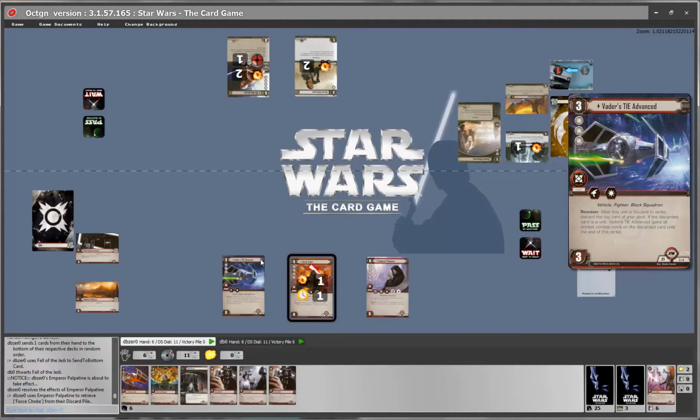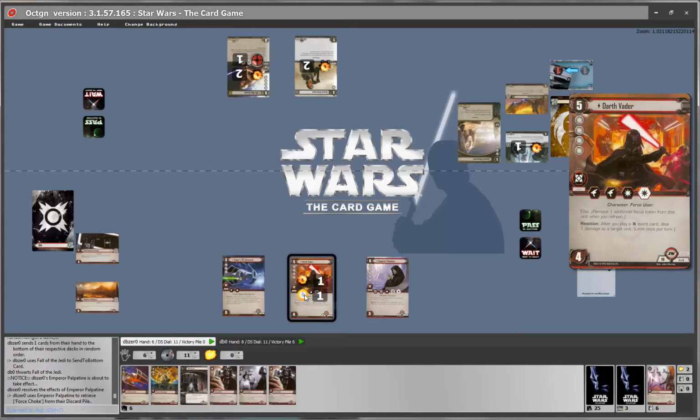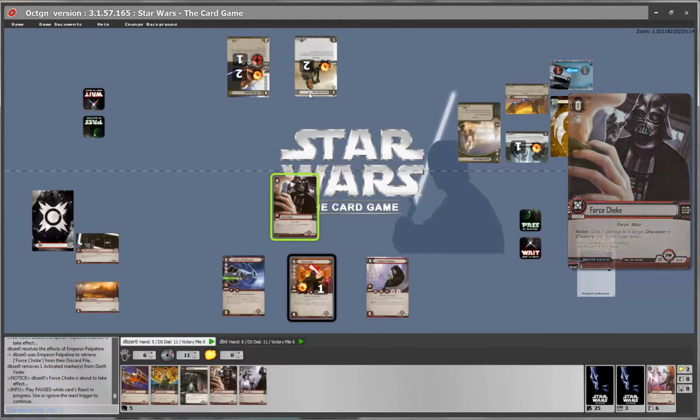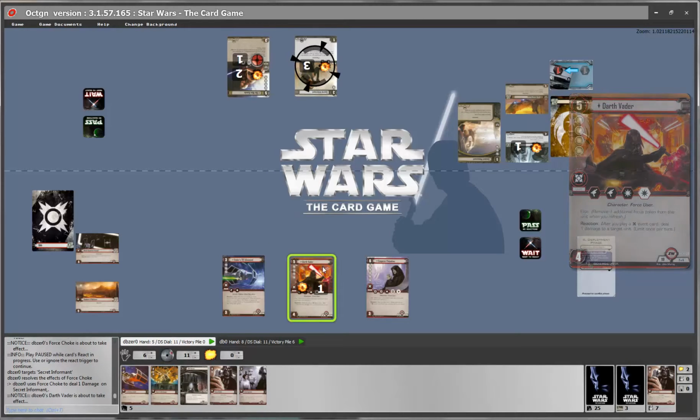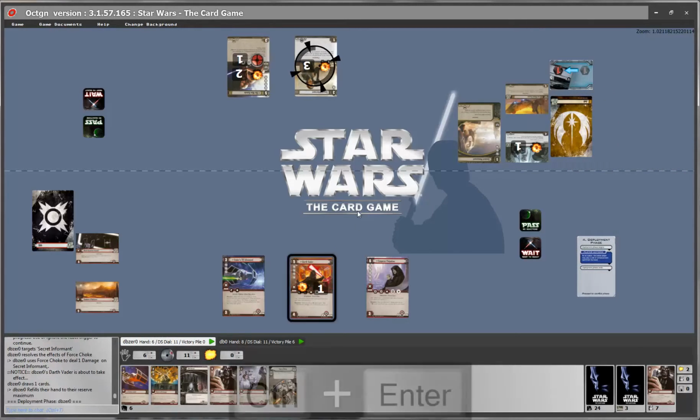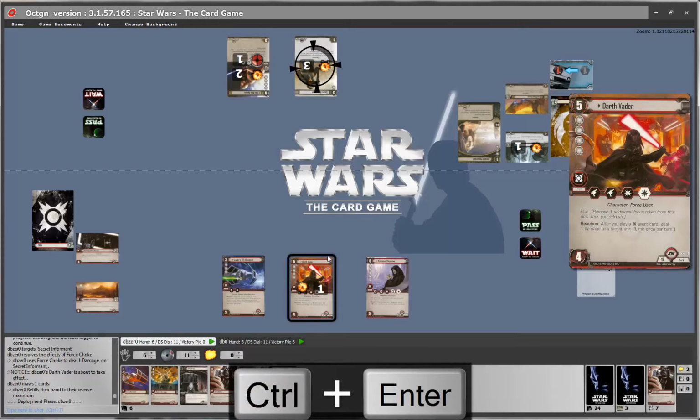If you do not use your card effect within the phase that they have triggered, then you lose the reaction window. So let's say that Darth Vader hadn't used his ability. We play a Force Choke, we choke that girl, and now Darth Vader is about to trigger. However, we forget about it, or we miss our opportunity, and we go to the next phase. Darth Vader loses his effect.